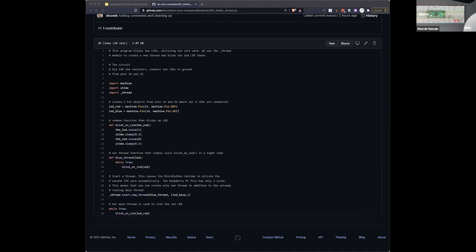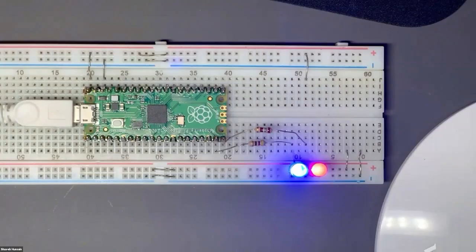This will be using both the threads. So I'm stopping the currently running program and starting this program. As you can see, we have both the LEDs blinking, one red and one blue LED. I'm hoping you are able to see that.